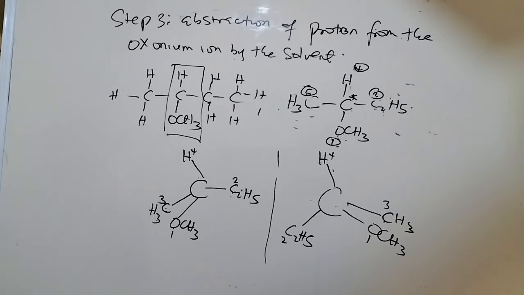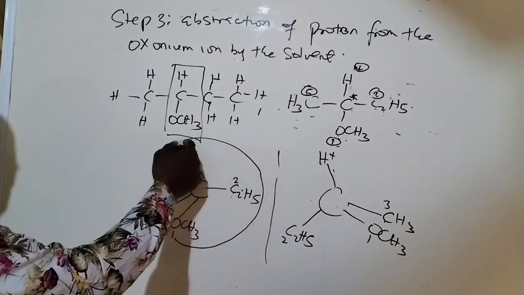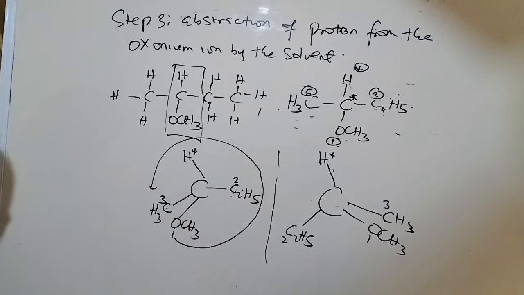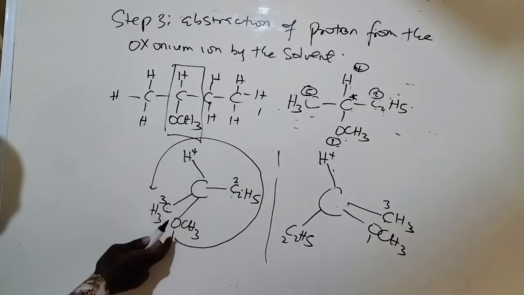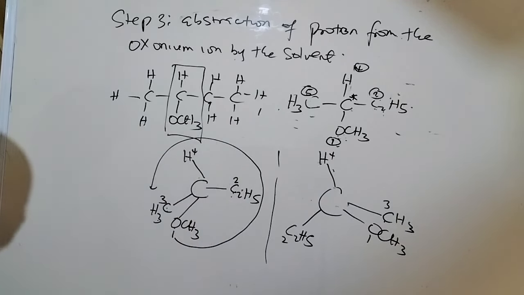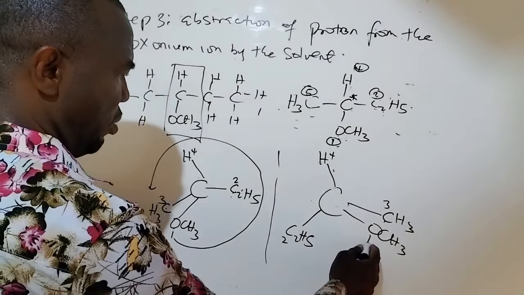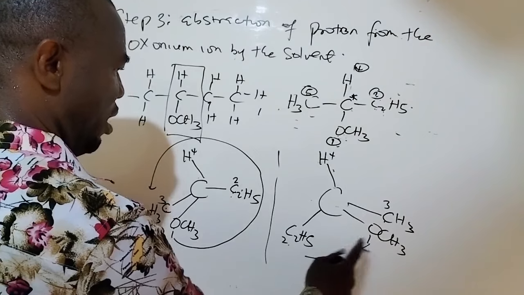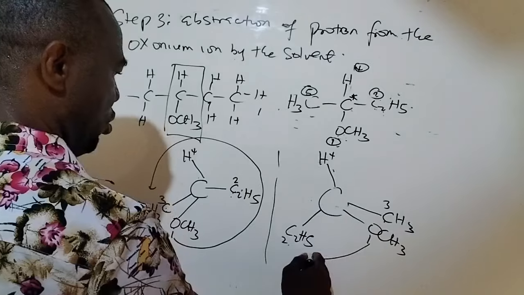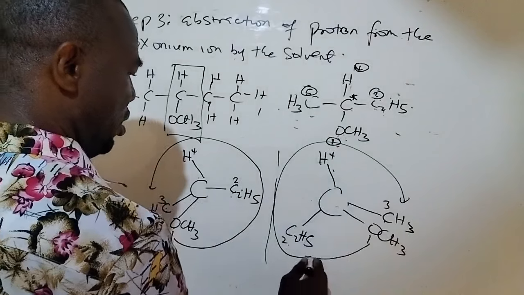So if you look at this one, if you want to move from 1 to 3 or 1 to 4, I'll follow this movement. Let's move 1 to 3. So there's the position of the 4, and the 1, 2, 3 positions. And then for this one, if I want to move from 1 to 3, this is 1, this is 2. I can't move from 1 to 3 without passing through 2. So that will go like this. So this one is a clockwise movement. So this is now called the R